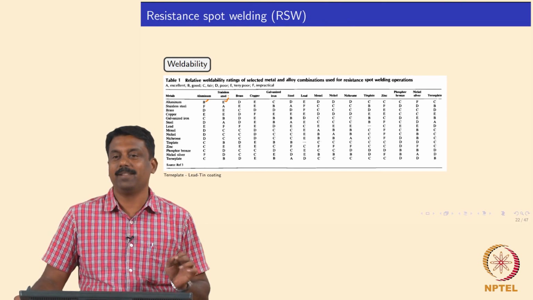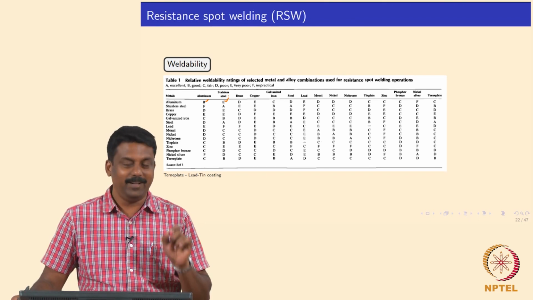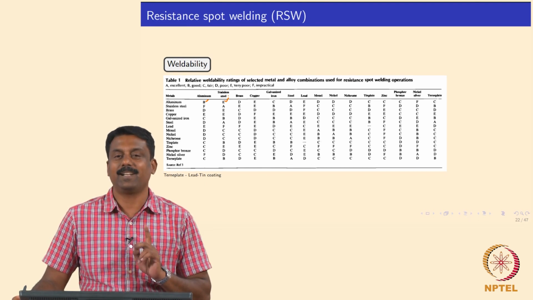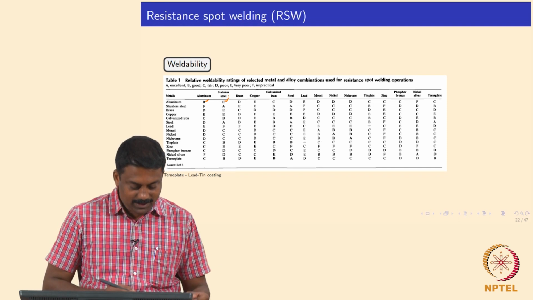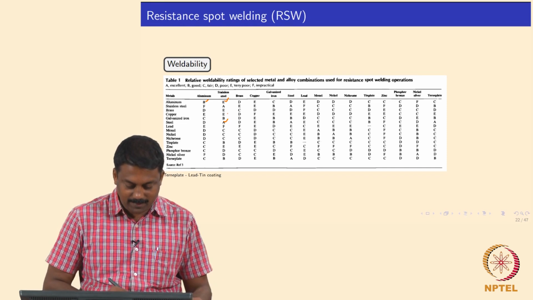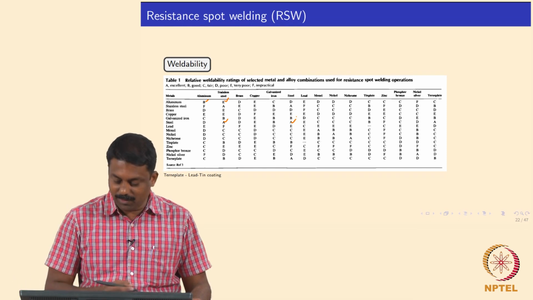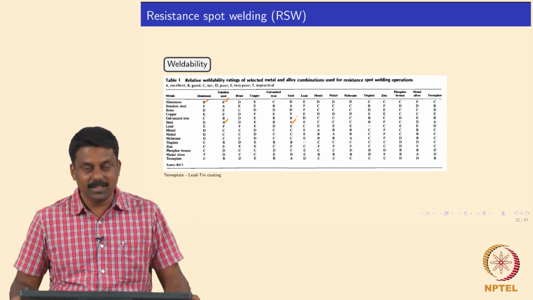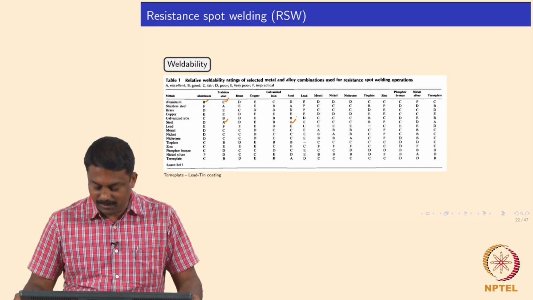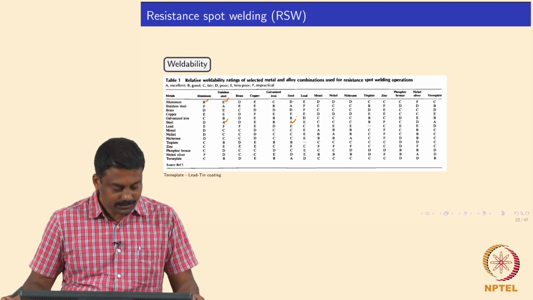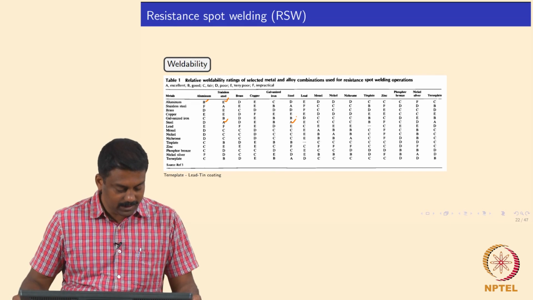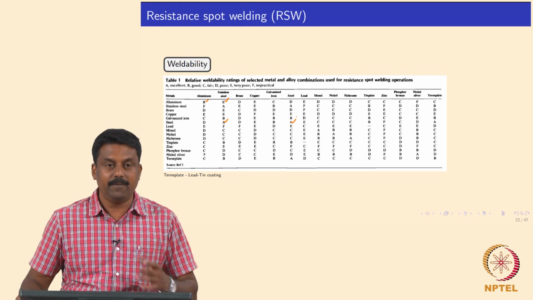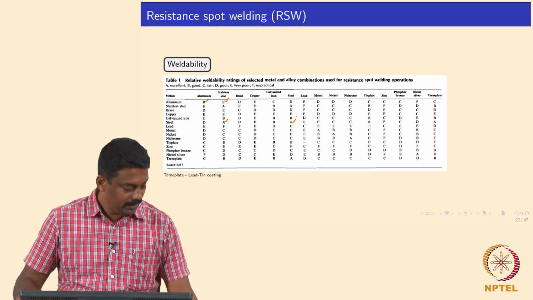I can even recommend you for the Nobel Prize if you generate a weld of aluminum and stainless steel without any crack. The most preferred are the A's. The A's will be steel to stainless steel, reasonably okay, and steel to steel, it's very nice, happy. If you go beyond, to lead and zinc and things like that, it's very difficult to get a good weld nugget diameter. So you can refer to this table. I just took it from the handbook so that you can now identify the weldability for varying interfaces.